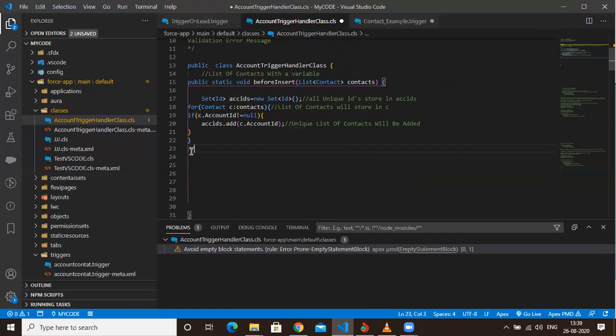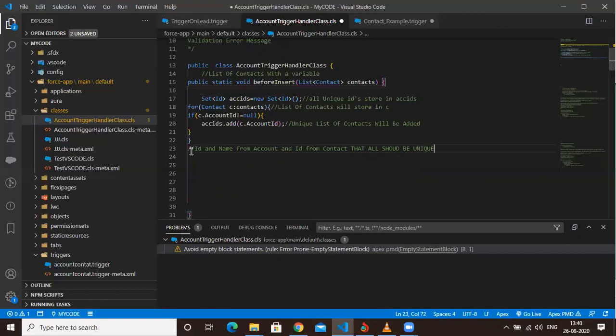My next step is now, I want ID and name from account and ID from contact, and that all should be unique.